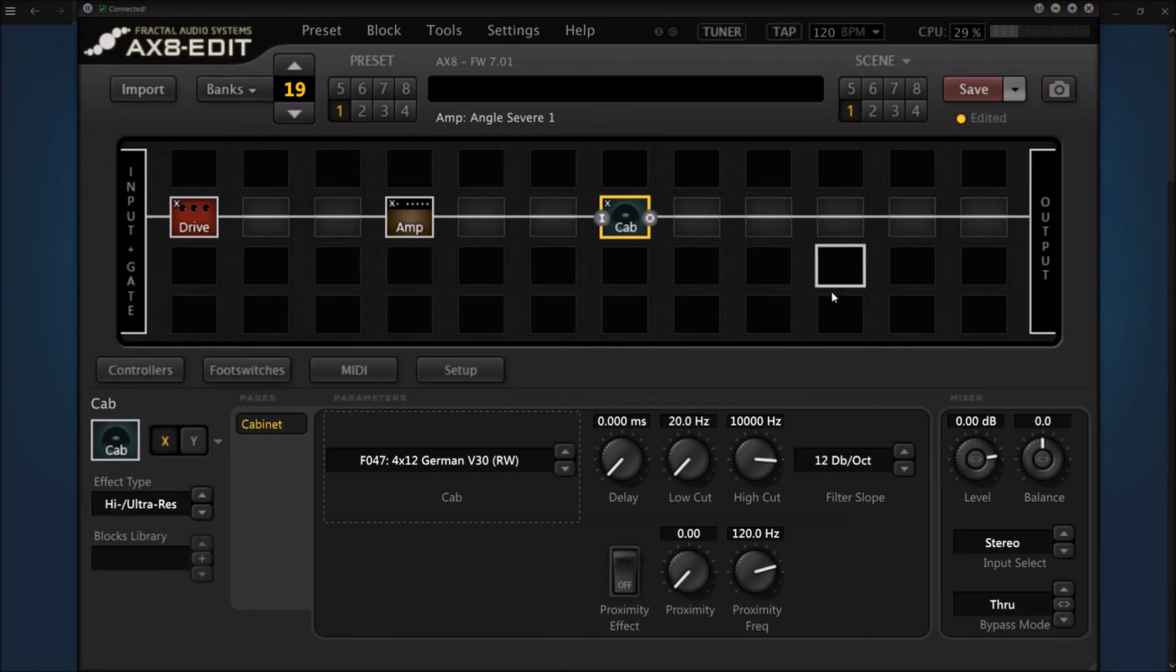And the closer you get, depending on which speaker cabinet and which speaker model and all that, you're going to get a kind of resonance frequency around a certain proximity. So about 120 is a realistic sounding proximity frequency. So without any proximity, you just get a normal room sound. When you turn it up though,